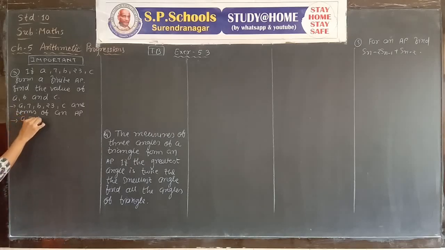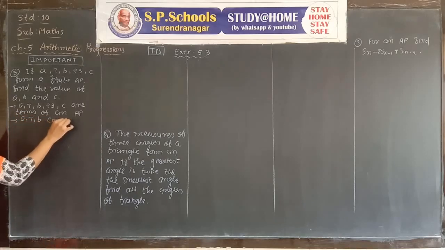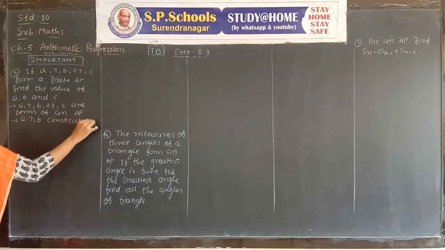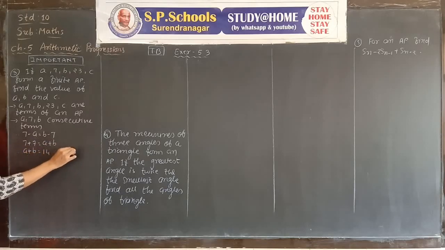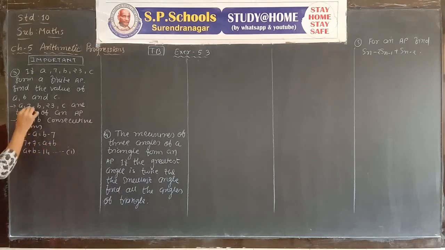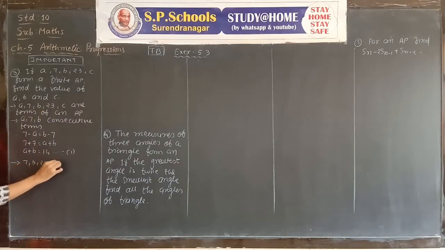A, 7, B are consecutive terms. Therefore, 7 minus A is equal to B minus 7. 7 plus 7 is equal to A plus B. That's why A plus B is equal to 7 plus 7, which is 14. It is our first equation in A and B. Now the next three terms, from this we obtain the value of B. 7, B, 23, again